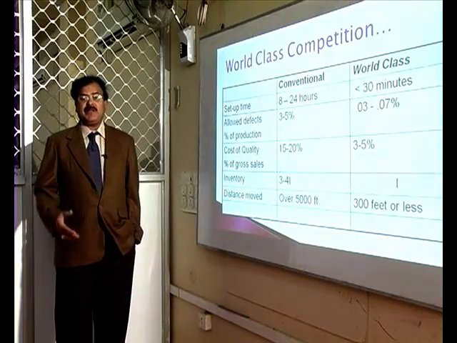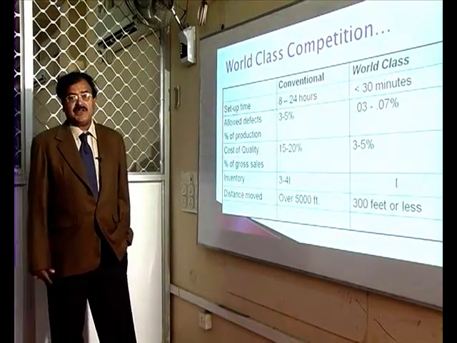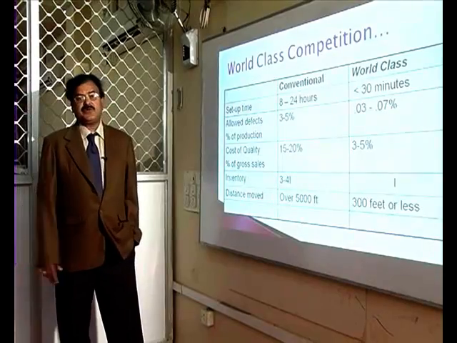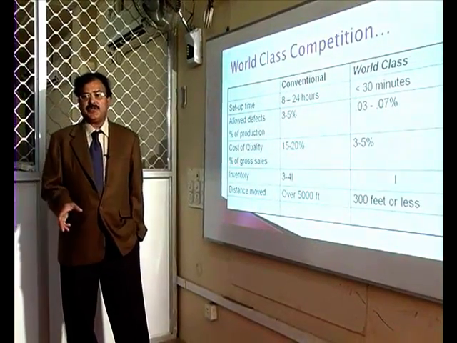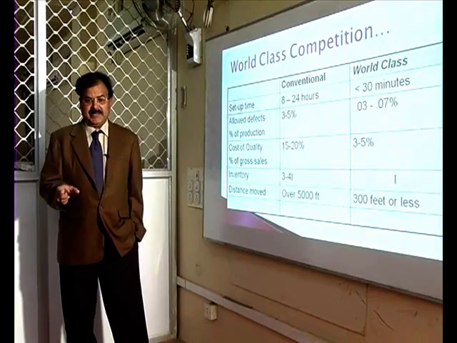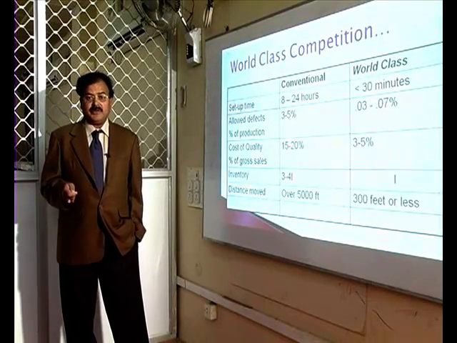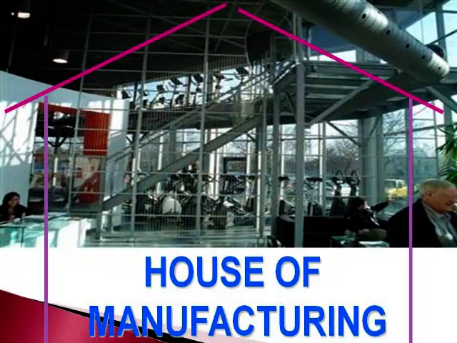Previously, the distance moved by the parts within the shop floor was up to 5,000 feet. It is now limited to 300 feet only, or less than 300. So you have to plan your facilities such that the part can be moved at most 300 feet only. Now let us see the house of manufacturing, because it is very, very important to